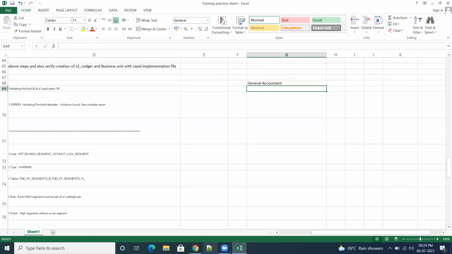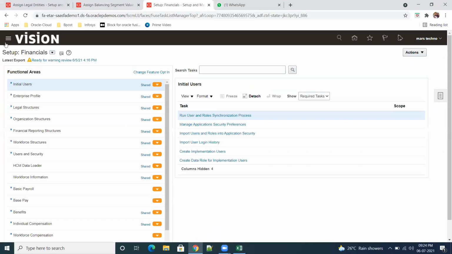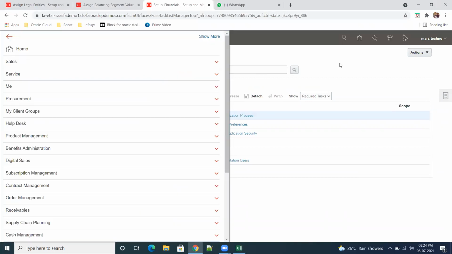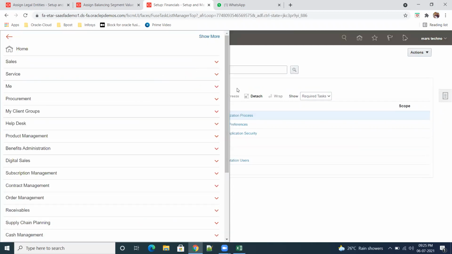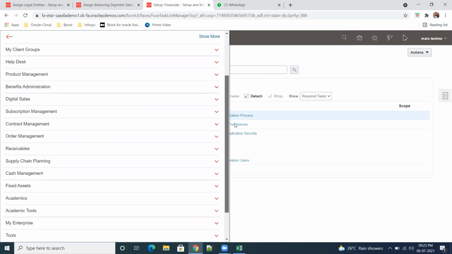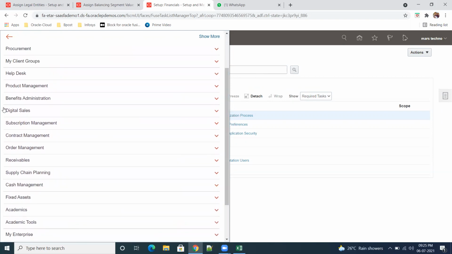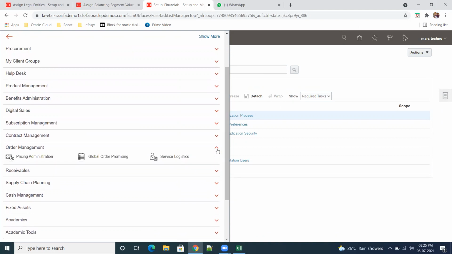We have anything, I remember this one only. So let me see, once you have a general accountant, what kind of things can we see here? Receivables.